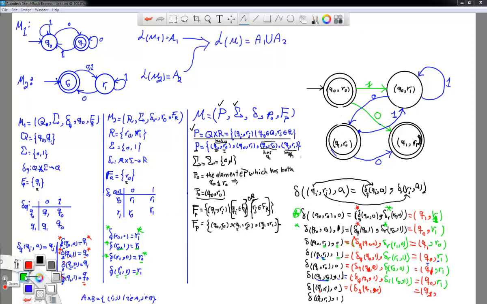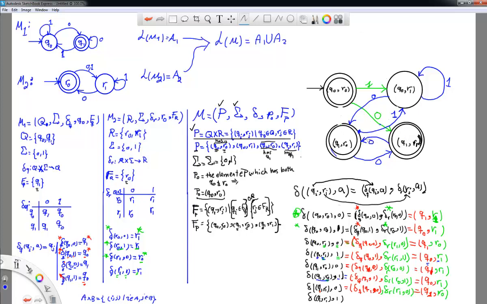And then the green state is going to be the delta R of R1 and element 0. So delta of R1 element 0 is R0. Alright, so then therefore from Q1R1, which is this bottom right corner, we go to Q1R0, which is the bottom left corner